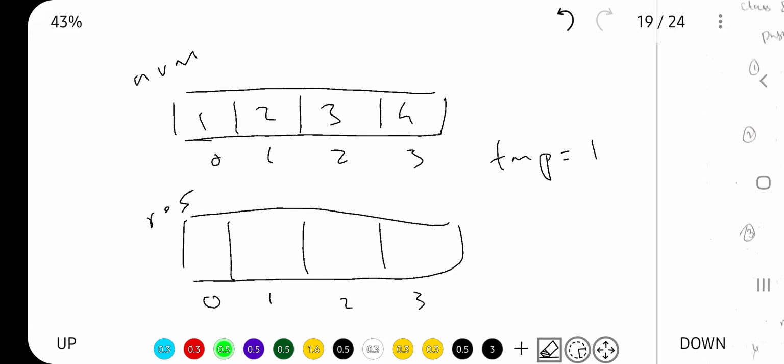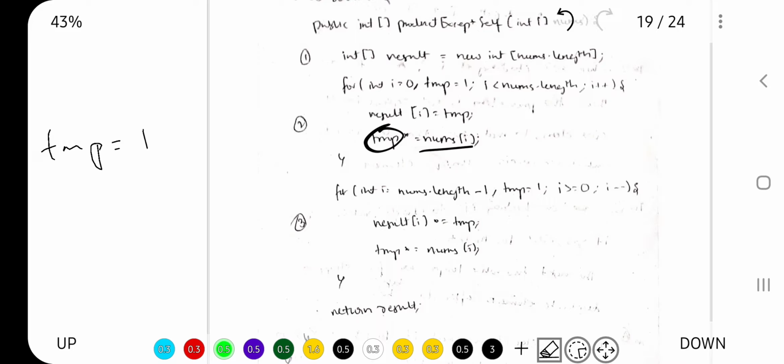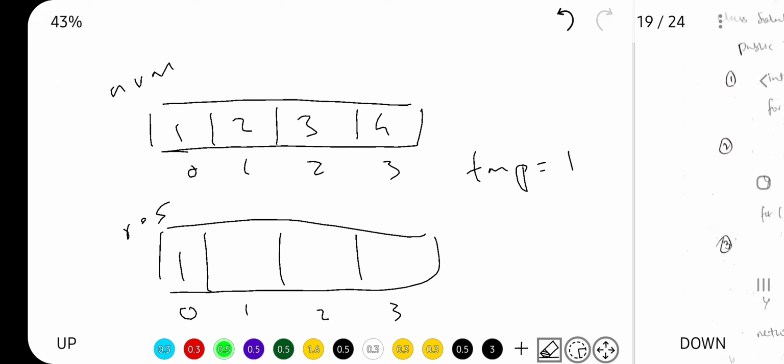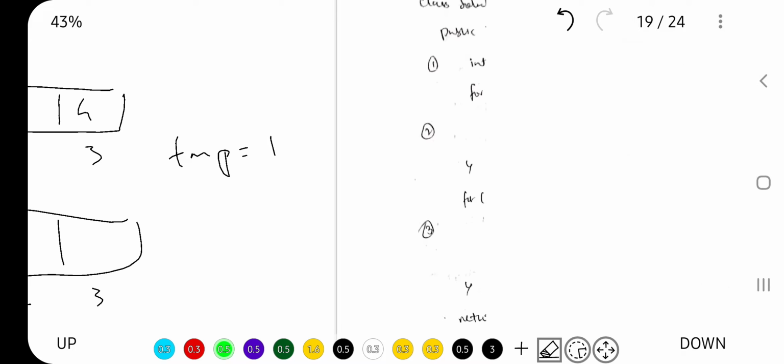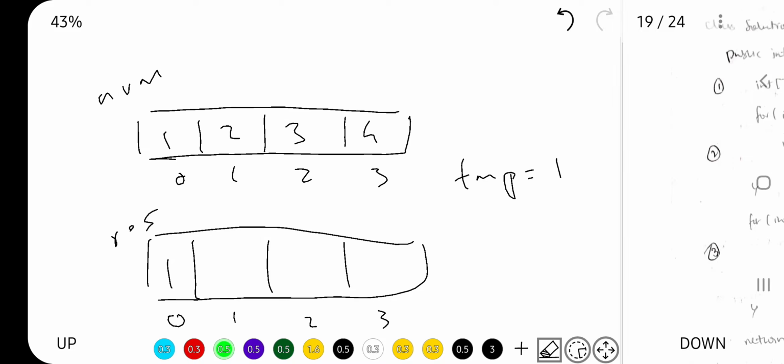So let's do that. As we dry run through the code along with the example, you will understand what's actually happening. Okay, so result of i is equal to temp. Next, temp into equal to nums of i, temp is equal to temp into nums of i. 1 into 1, it will be 1 only. Let's keep it as such. Move on, increment i value. Now i is 1, i is pointing to this location. Then what we have to do,